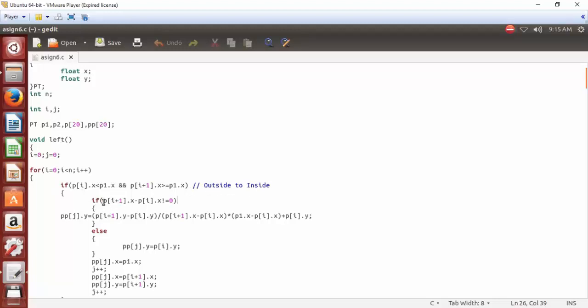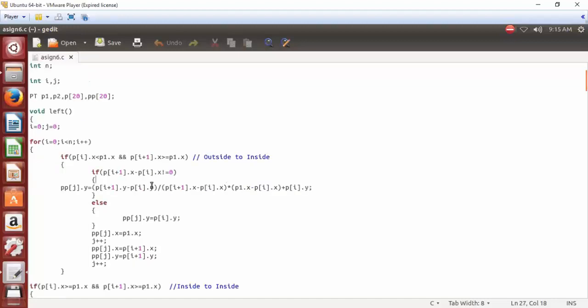In this case, if P of I plus 1 dot x minus P of I dot x is not equal to 0, meaning dx is not equal to 0, then we have to calculate the y value with this formula: dy divided by dx, multiplied by the difference between P1 dot x and P of I dot x, the x difference of window and polygon, plus the y value of your polygon.